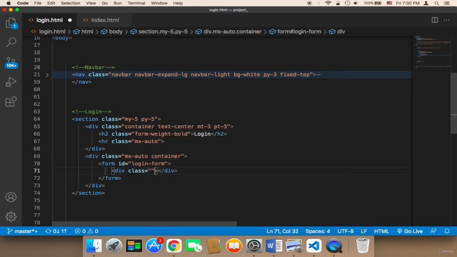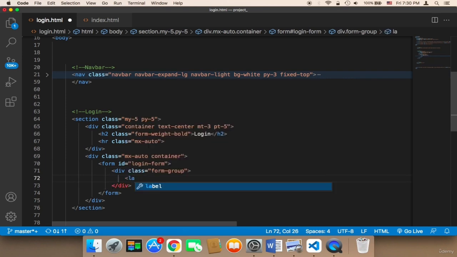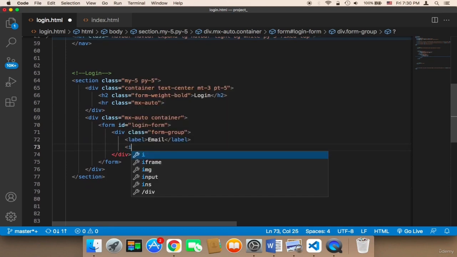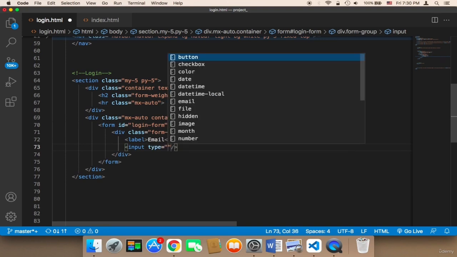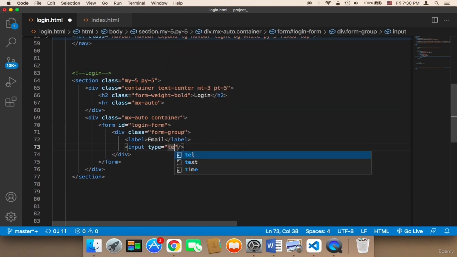I'm gonna say class form group, and then inside this I'm gonna use the label to display the info about the first input. So the first input is going to be email, therefore I'm going to say here email, and the input itself that's going to allow the user to type their email is going to be the input. I'm going to give it a type, and the type is text or email. Let's say text,